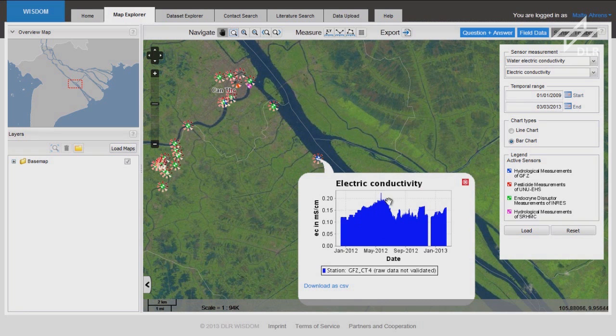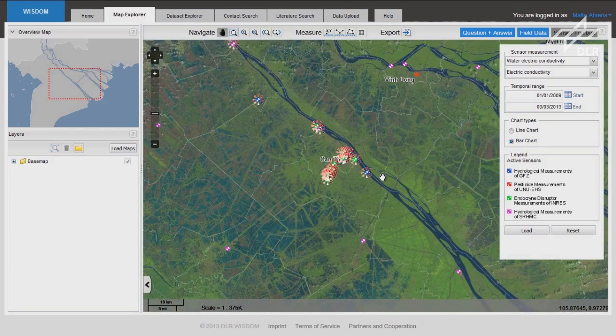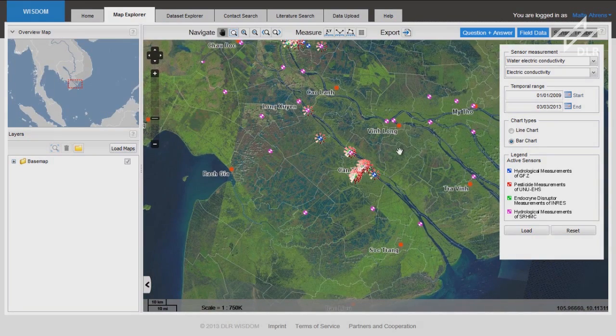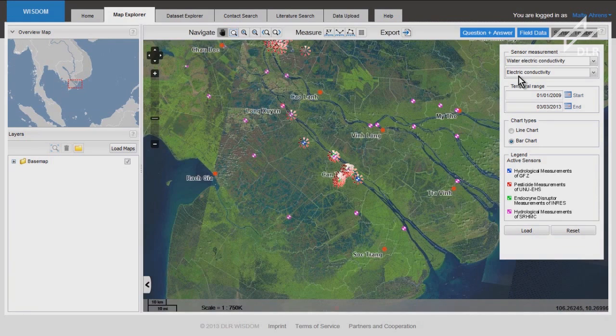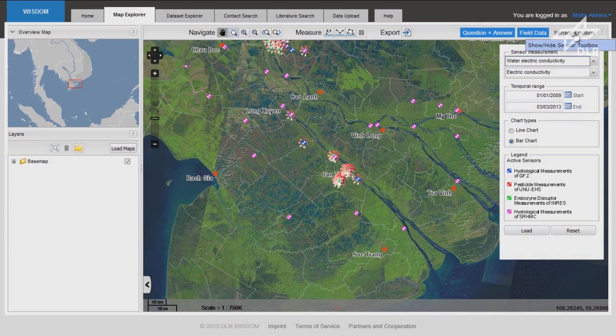Electric conductivity, again with a peak, and measurements from just yesterday, very recent and up to date. Again, all this data can be downloaded. The measurement station network distributed all over the Mekong Delta not only allows you to look at water levels and conductivity, you can also see organic substances, oxygen, physical substances, temperature. So many different parameters can be derived. I will close this sensor toolbox now